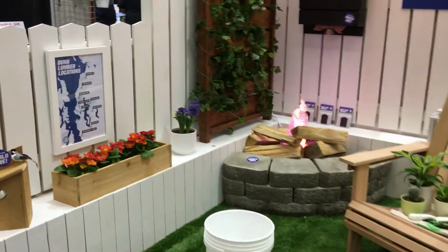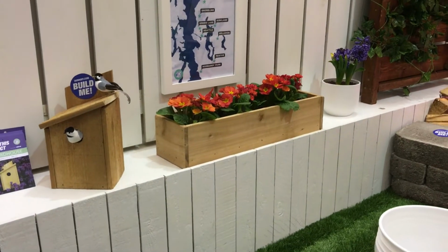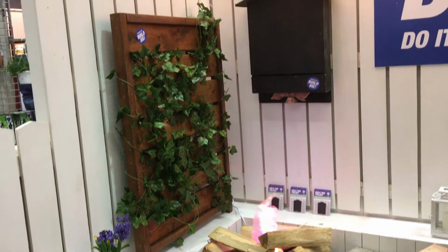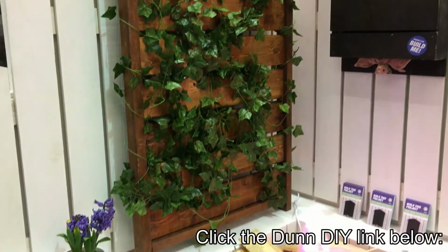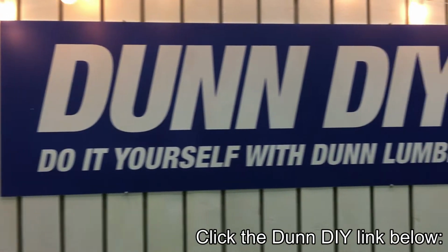All right, you guys, we've come across a really, really cool booth here. This is a booth that has all do-it-yourself projects for your garden. You guys need to sell this show. I'll put a link down below to the website where you can get the actual plans and projects for some of these things featured here in this booth. This is done by Dunn Lumber,